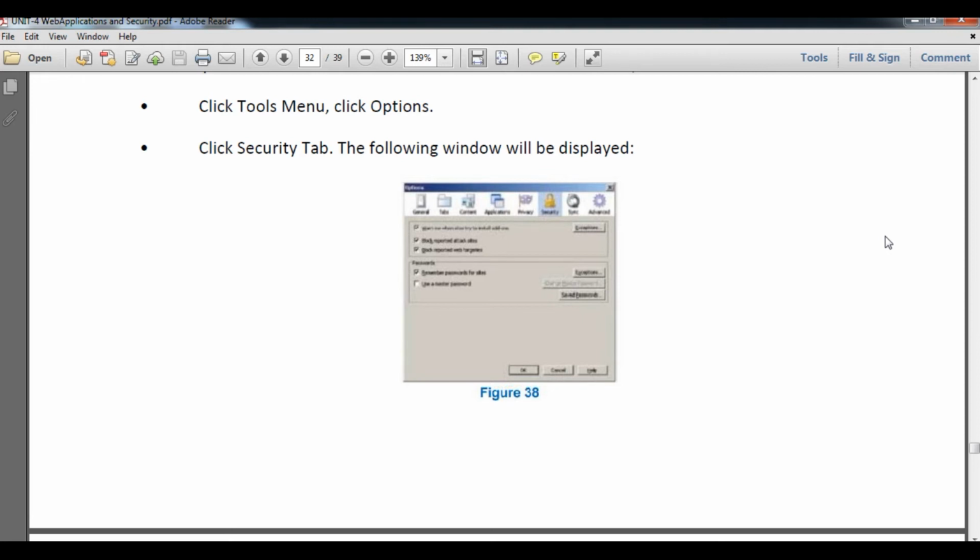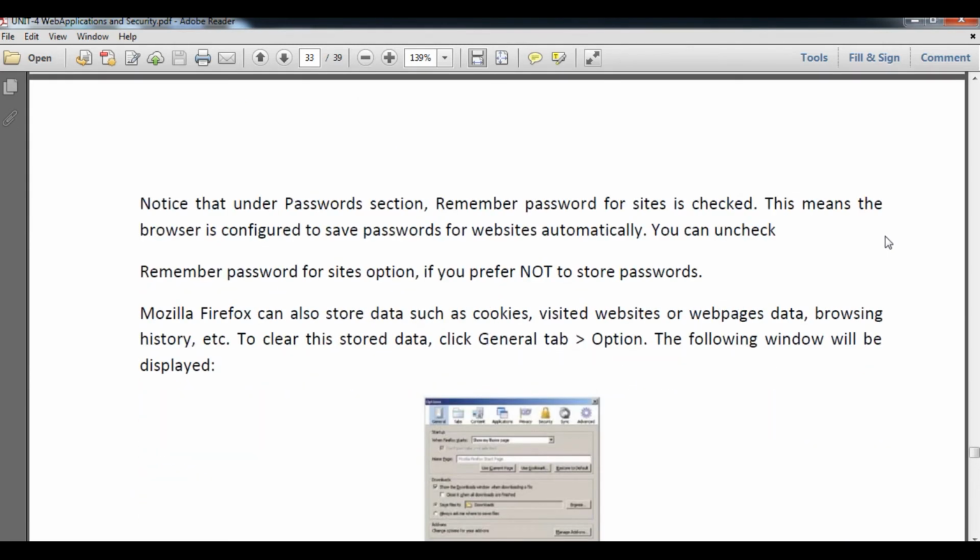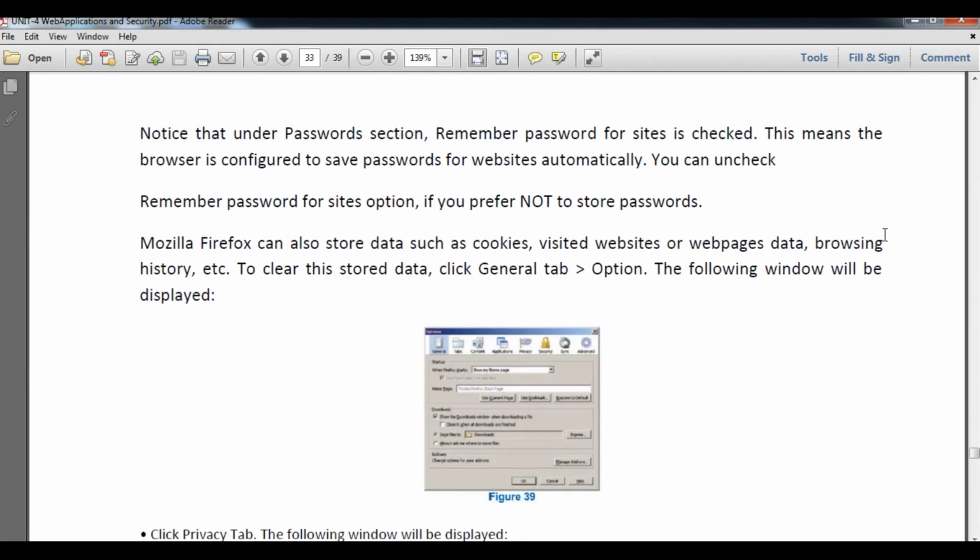In that you will see a window display with this type of button, and notice that under the password section, Remember passwords should be checked, which means the browser is configured to save passwords for websites automatically. You can uncheck the Remember password for sites option if you prefer not to store passwords.